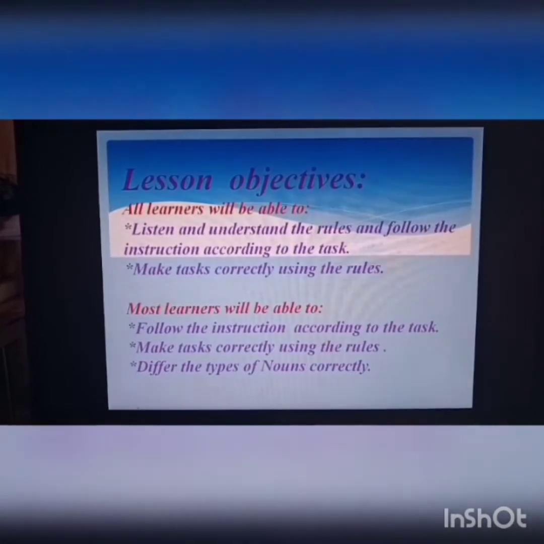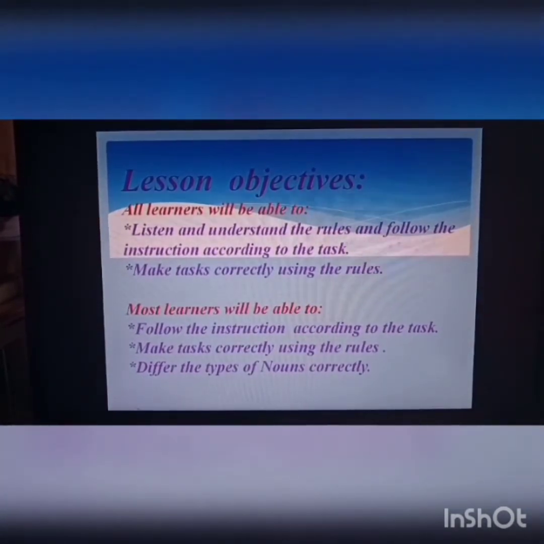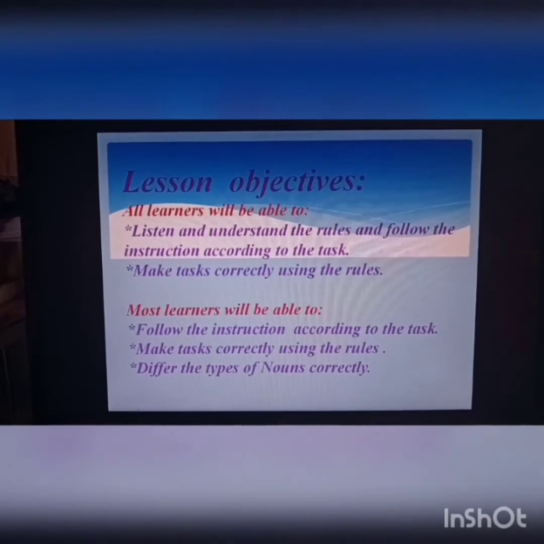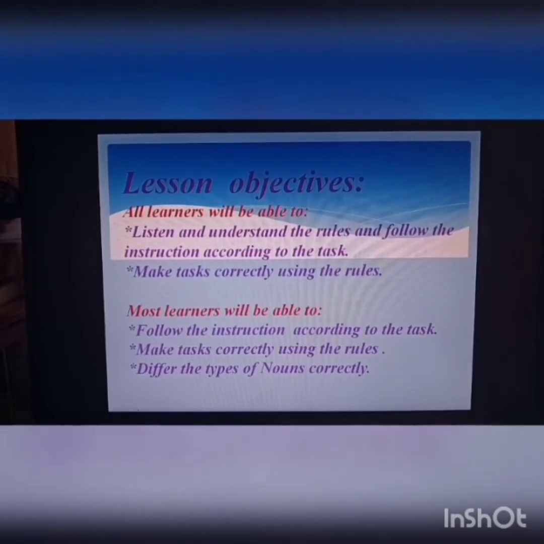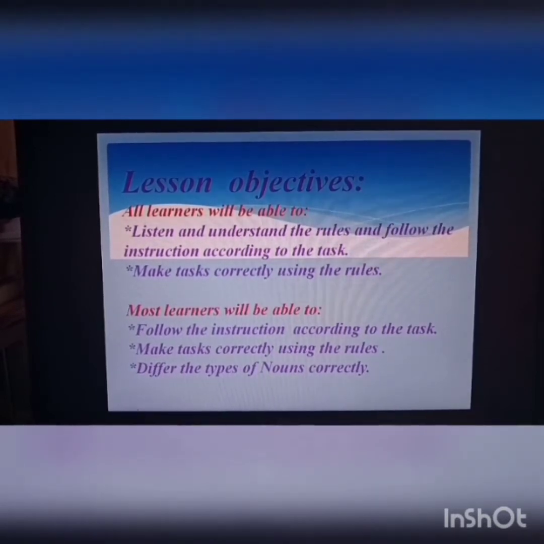Lesson objectives. All learners will be able to listen and understand the rules and follow the instruction according to the task, and make tasks correctly using the rules.